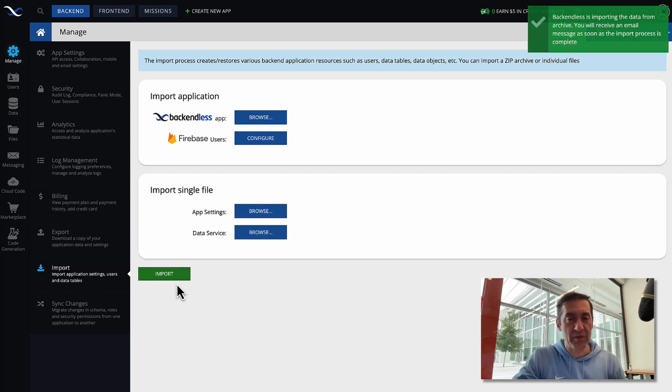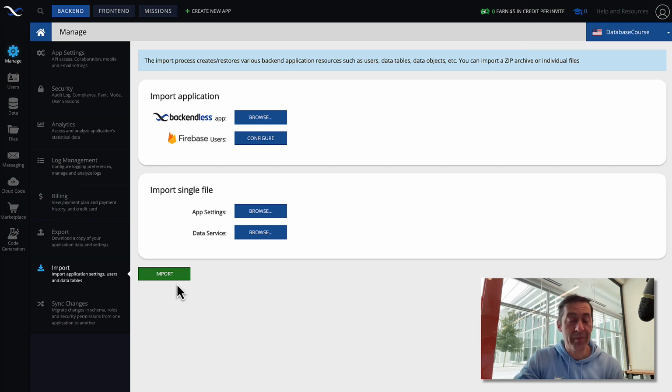The import process will take about a minute. You will be getting quite a bit of data. It's going to be in the tens of thousands of records, which is good because as a part of these lectures, we also want to see how well the backend list database performs when you're retrieving a lot of data or performing some more advanced functions such as aggregation, filtering, and so on.